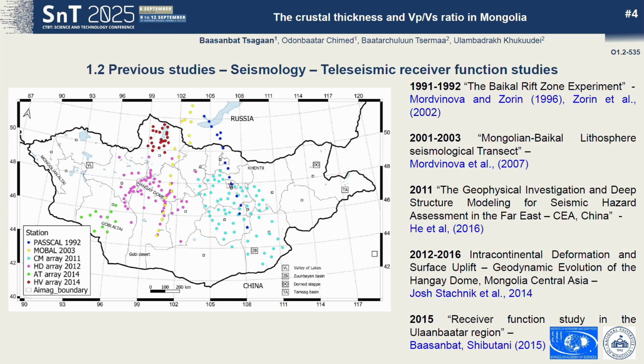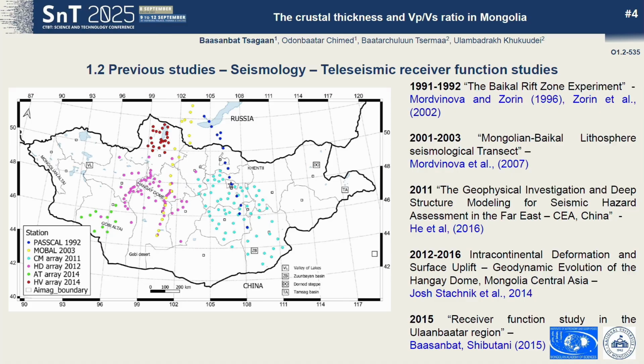In this slide, you see the four major seismological surveys conducted in Mongolia. Please refer to this slide for the titles and timeline of these projects. As part of these projects, more than 200 mobile seismic stations were deployed across Mongolia.